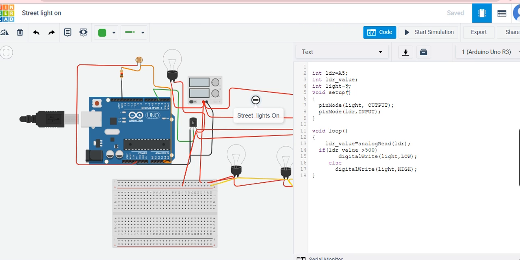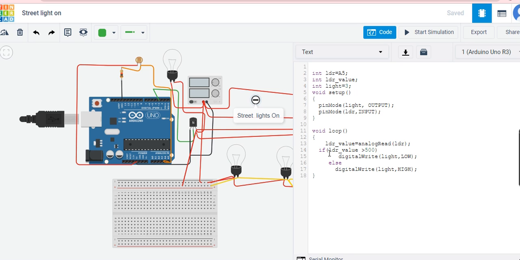Then in void setup we have to declare the modes. So pinMode light is output, because this is an output port. Similarly, pinMode LDR, that is A5, is an input port, which we have declared as analog input. Next is the main loop.